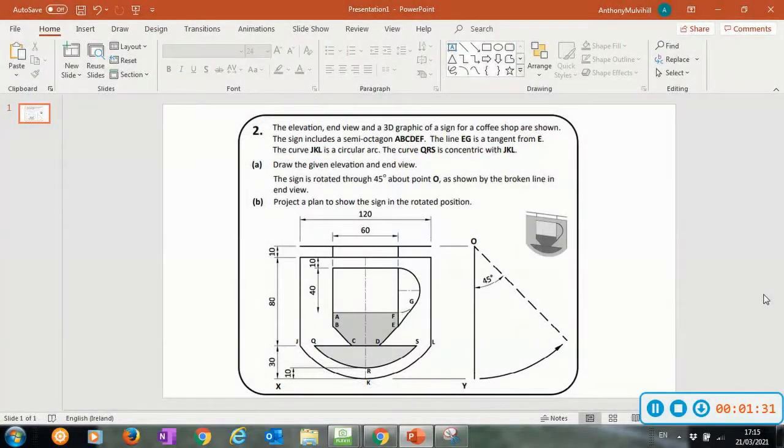Hi folks, so the question we have in front of us here today is the question from the 2019 Junior Cert Higher Level paper, question 2. It covers the area of rotations and also other elements, maybe a little bit on polygons and circles in contact. So we'll start off by reading the question, and it says the elevation, end view and a 3D